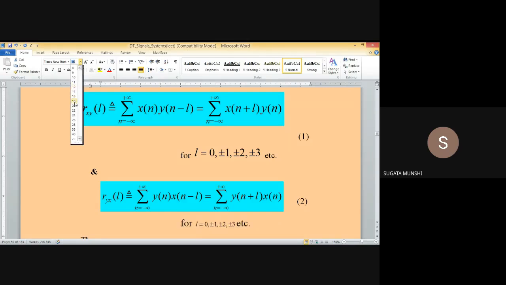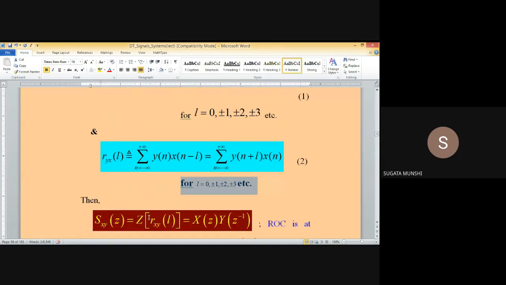We are discussing properties of Z transform. So obviously here we are interested in pointing out what will be the Z transforms of these cross correlation expressions, because they are also sequences. They will have their own Z transforms. Now Z transform of Rxy, due to historical reasons, the Z transform of the cross correlation is represented not by capital R but usually by capital S,